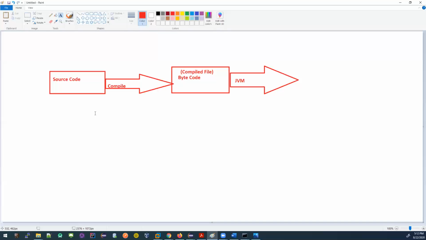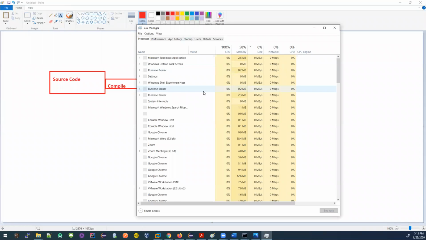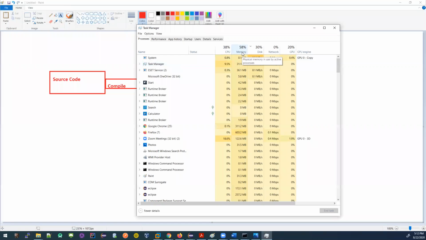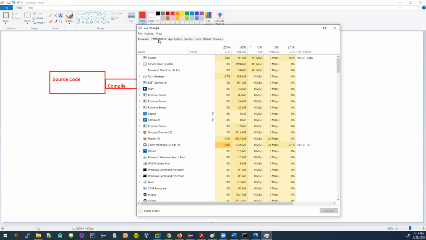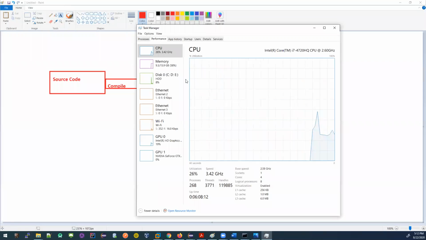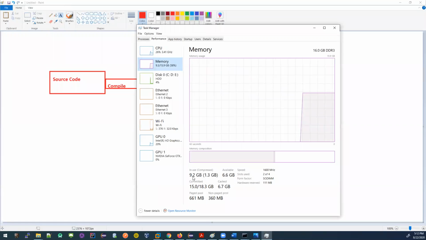Primary memory can be reduced. See, if I show you the system, this is the task manager. I have the memory here. What is the memory utilization? If I go to performance, here's the memory. I have 9.2 GB in use and 6.6 GB available, because I have so many applications running.